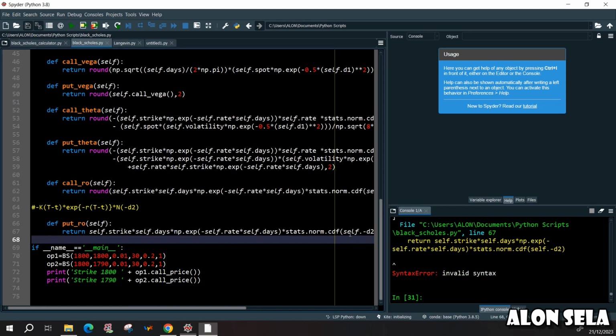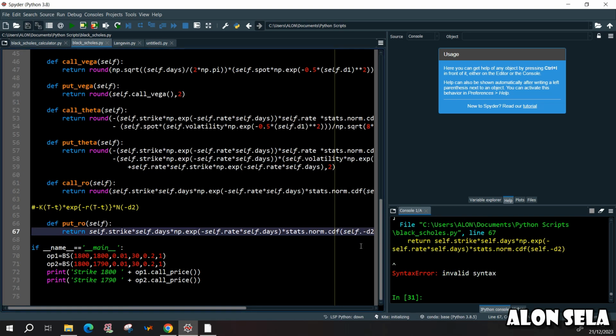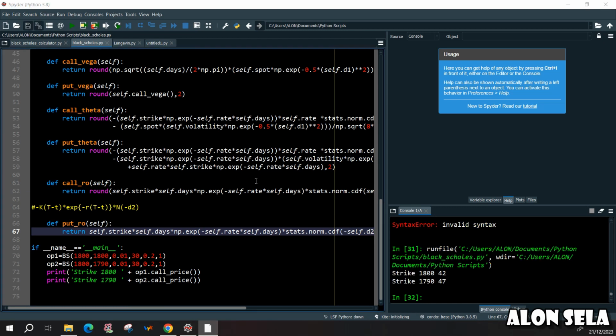And I guess I just made a little mistake because I need to put the minus here, and now we have the rho for the put option, and